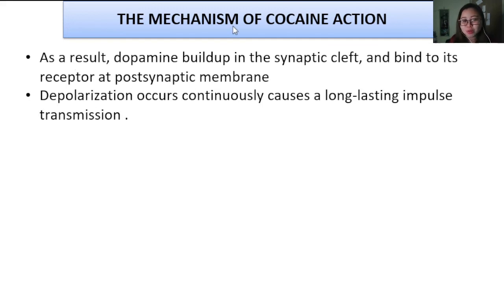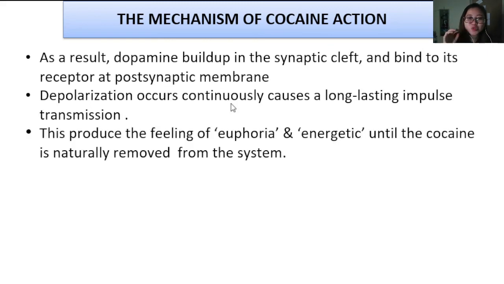So, selagi dopamine itu ada dalam synaptic cleft, dia akan terus activate neuron yang kedua itu. Dia balik-balik buat depolarization, balik-balik ada impulse transmission. And this is what gives the user a feeling of euphoria or an energetic feeling until the cocaine is naturally removed from the system. So selagi dadah cocaine itu ada dalam badan, dopamine transporter sibuk, di kawasan synaptic cleft,